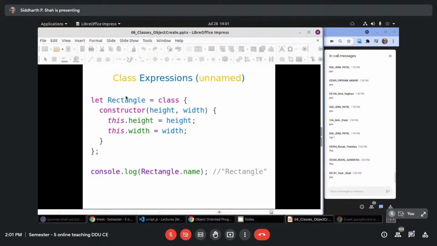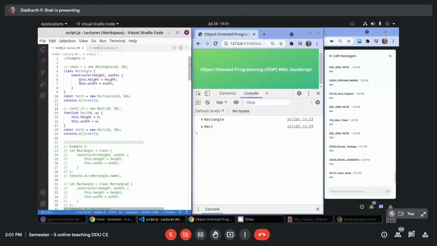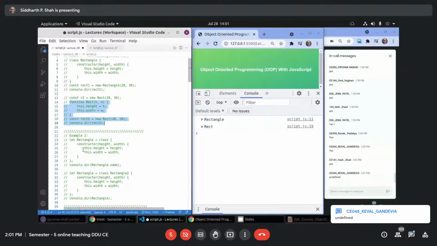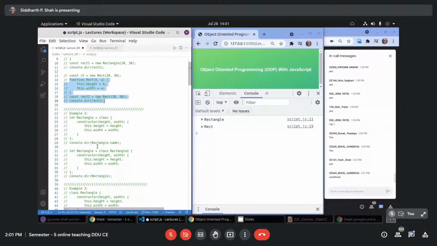So when you print Rectangle.name, you can see name is a property which we are not defining here. So let me print it. You say undefined, right? It should be giving undefined.